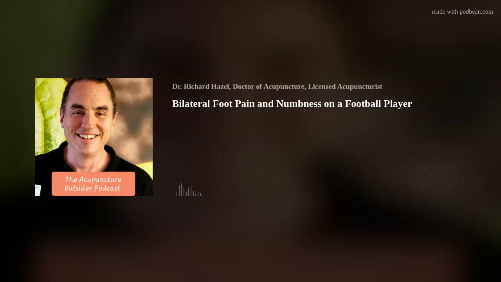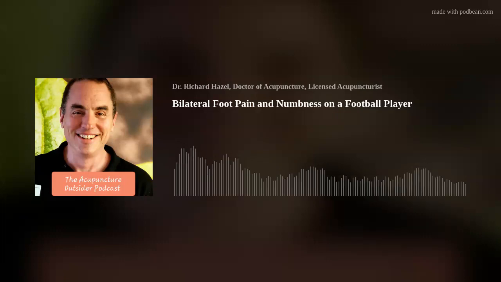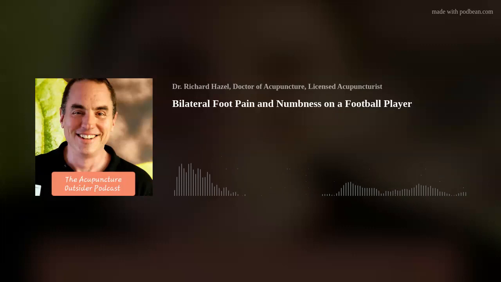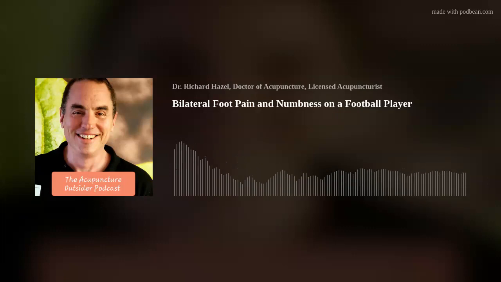I treated the big muscles of the foot and the small muscles of the foot. But before I did that, I wanted to palpate the tarsal tunnel to see if there was any pain there. There wasn't a lot of pain there at the time, but he said in the recent past there was pain there. They were doing some shock wave and some other things to try to address any of this sort of pain or muscular issues. So he had previously had some pain in the tarsal tunnel.